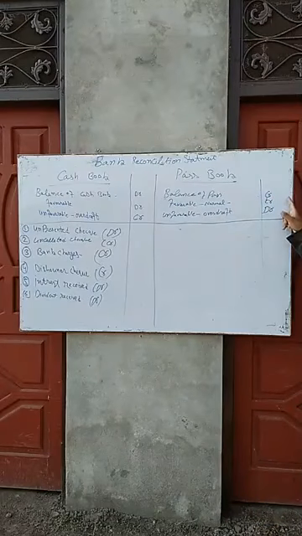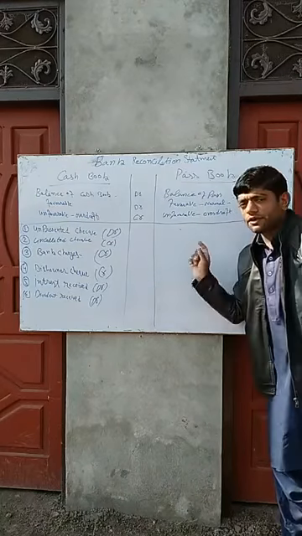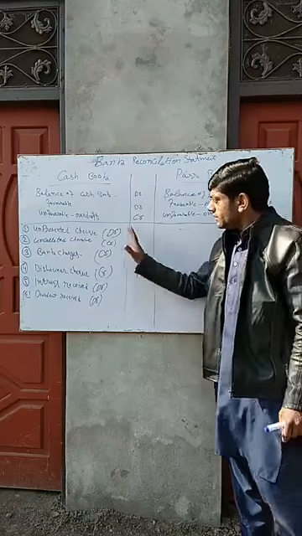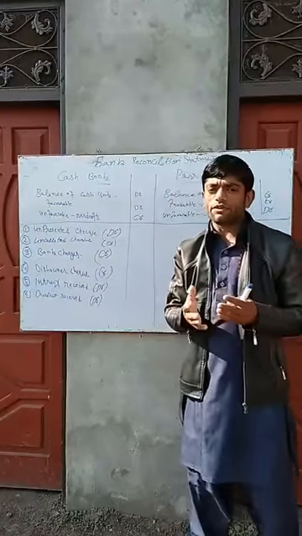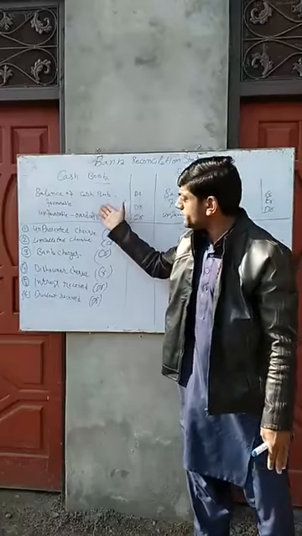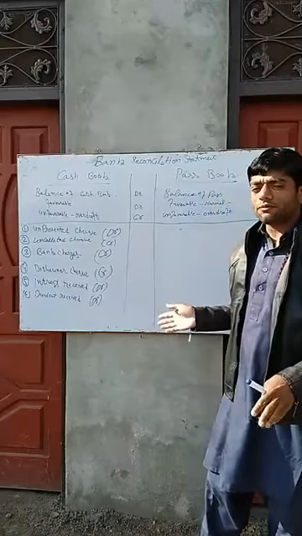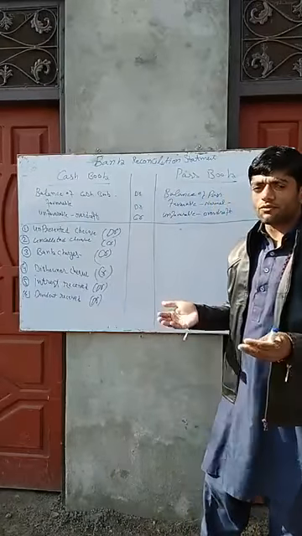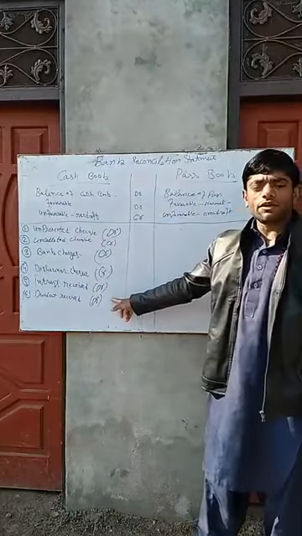So next, if the passbook balance is credit, then it is also subtracted from the credit balance. If the passbook balance is debit, then it is added to the debit. The balance of the cash book and passbook depends upon the question. Sometimes the cash book balance is given as debit, sometimes as credit, and sometimes the passbook balance is given in the question. It may be debit or credit, but the treatment of these points is the same.